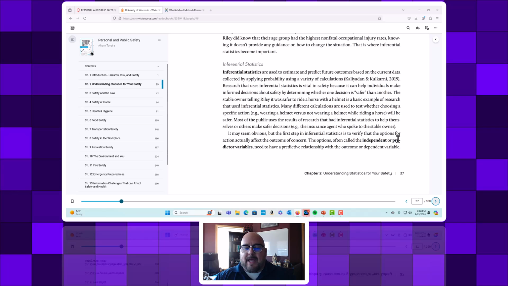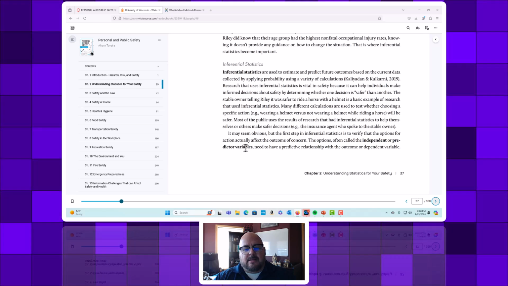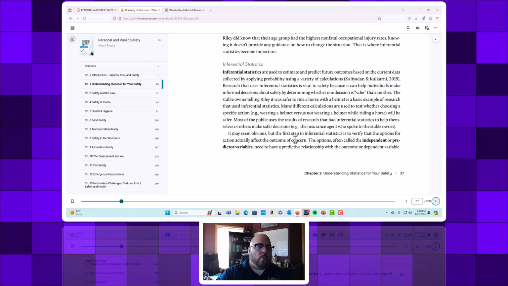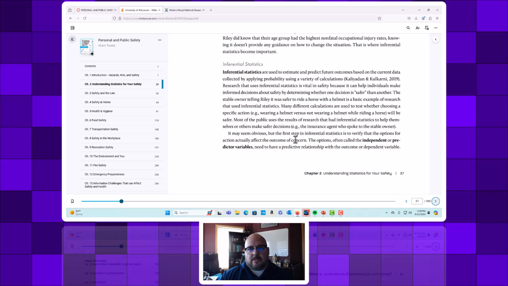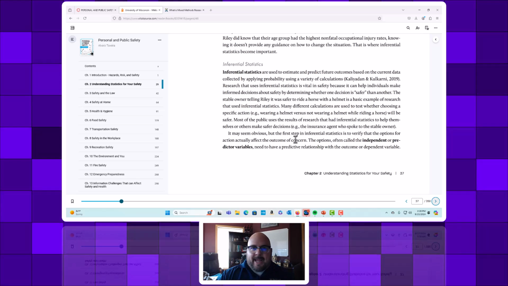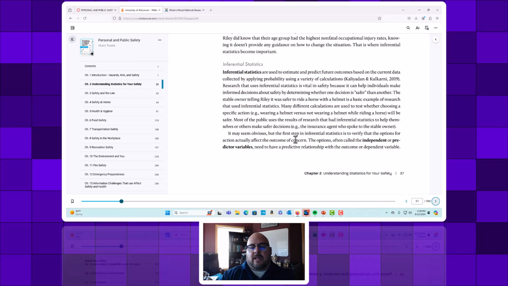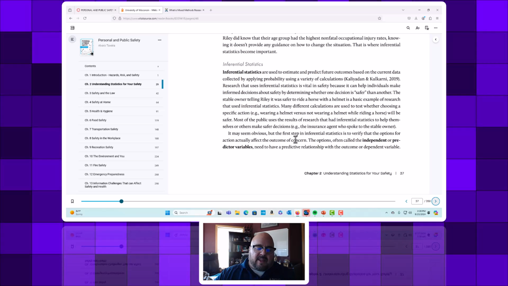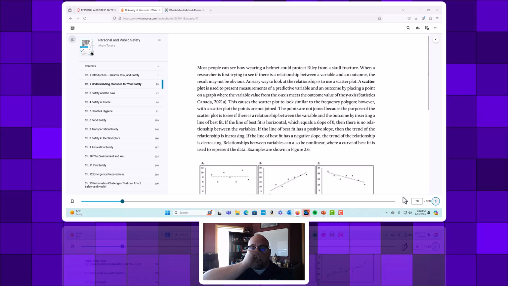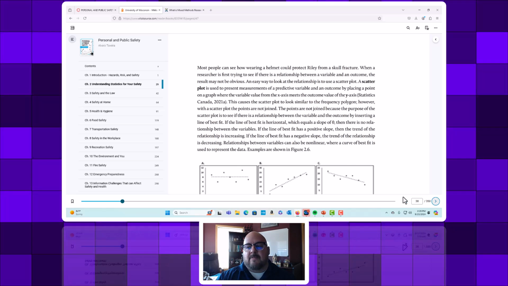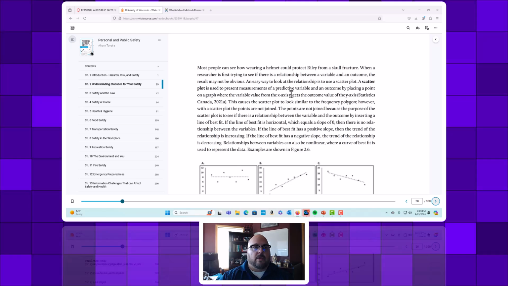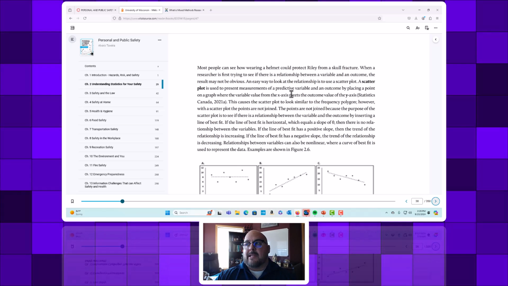So there are independent or predictor, thank you, variables. Independent would be characteristics of your subjects. They would put them into different types of groups. Age, for example, or education level, height, weight, speed, things like that. And then what you're doing is you're applying a treatment to find out how that affects those individuals based on those independent variables. And so the result measure is the dependent variable. It's dependent on the treatment,